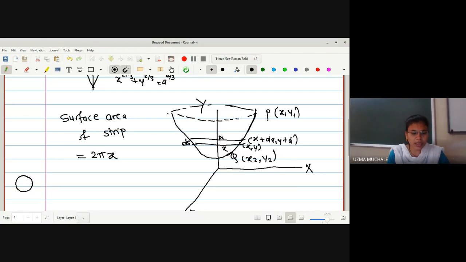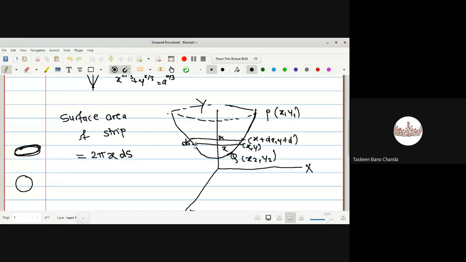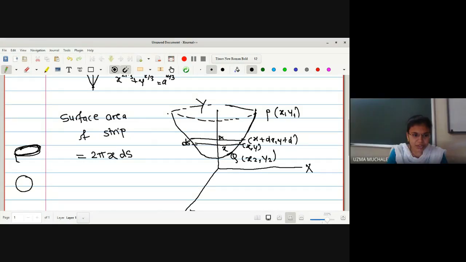Now for a circle, we are saying that the circumference is nothing but 2 pi r. Right. So what is a disk? A disk is nothing but a combination of circles. On one circle you put another circle of the same type, or you are going to put in more than 10. Suppose you have put. So how are you going to find out the area of that disk? By integrating. No doubt by integration you can find it out, but if you want to find out the circumference directly, you can do it by ds, multiplied by h.